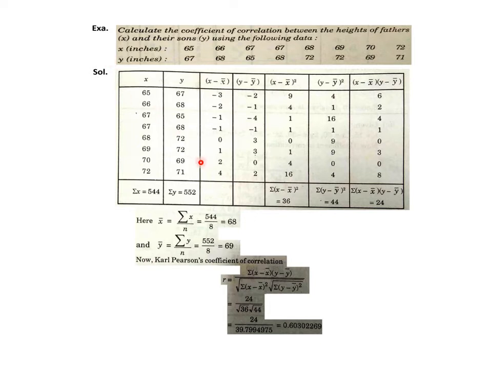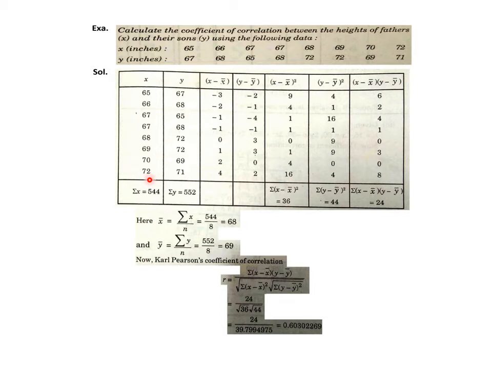And we have seen the formula for r. You can see that formula again here. For proceeding with that formula, you have to start with creating this table. The first two columns are nothing but the given problem only, that is, the 8 values of x and the concerned values of y that were given. So these two columns are filled with those given values.